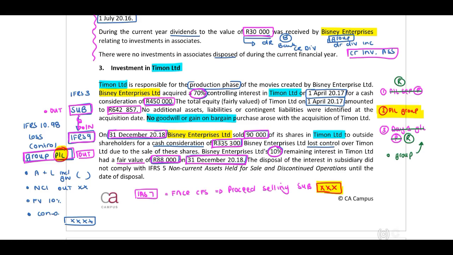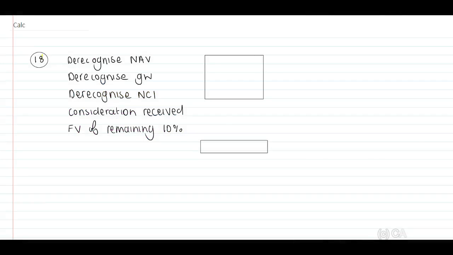Right. Now, I have already listed our steps on the left side of your screen for us to be able to calculate our group profit or loss. Calculation 18, we need to de-recognize our net asset value, de-recognize our goodwill, they've indicated to us that this is 0, de-recognize our NCI, recognize the consideration received, and recognize the remaining 10% at fair value. Now, I'm able to remember that this remaining 10% will be 88,000, and they've indicated to us that the consideration is an amount of